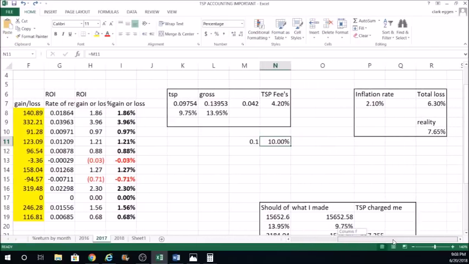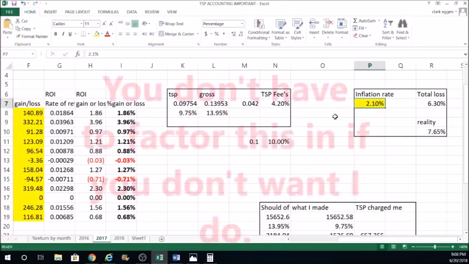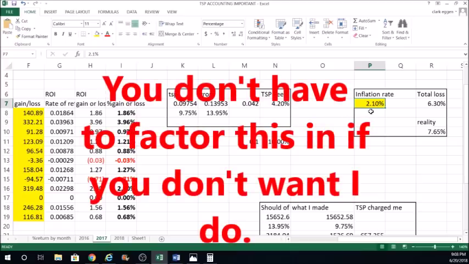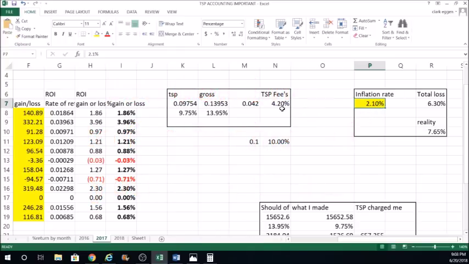Now, the only other thing you need to factor in every year is inflation, okay? That's one thing you'll need to change. You can Google inflation rate for 2017. You'll come up with 2.10%. This is a yellow box, so you'll have to change this. Once you change that, you have to take your TSP fee and your inflation, and you get a total loss of